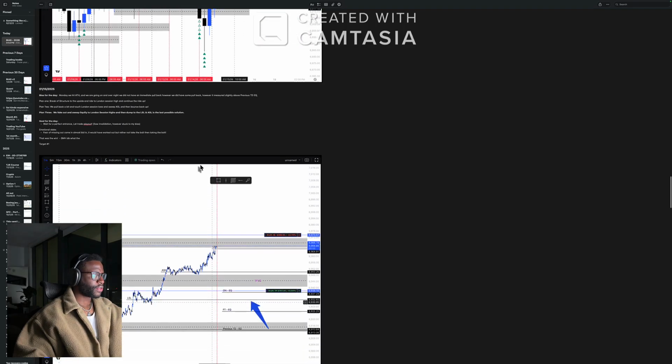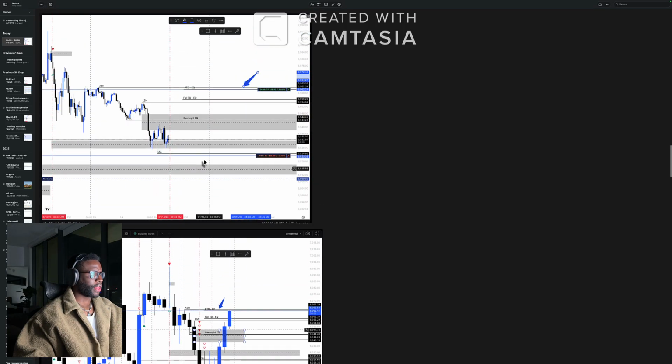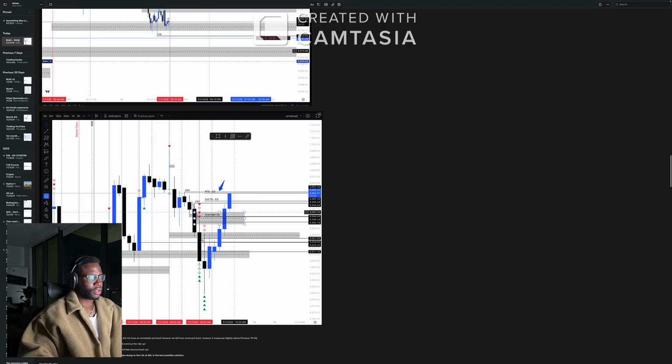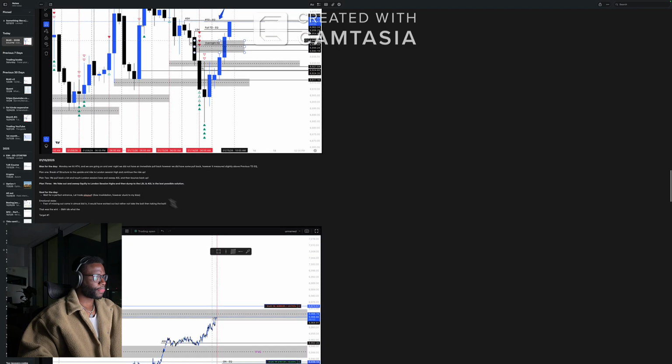I think the 14th was a news specific day as well. But nonetheless, the market tells you what's going to happen before it even happens, right? We were riding a trend down. The 1 hour fair value gap got respected twice. Boom, boom. And then from there, just dumped to the downside. So once again, it's literally trending.